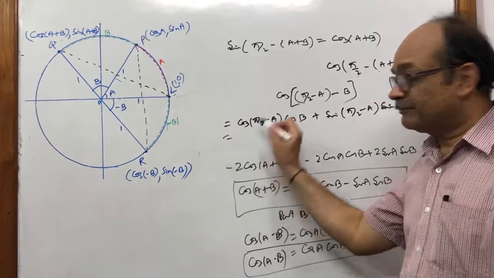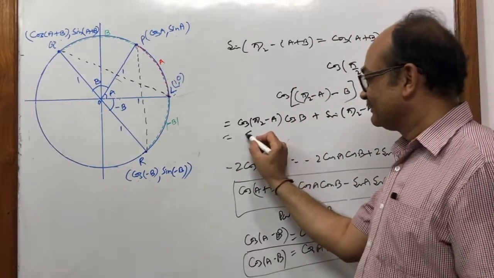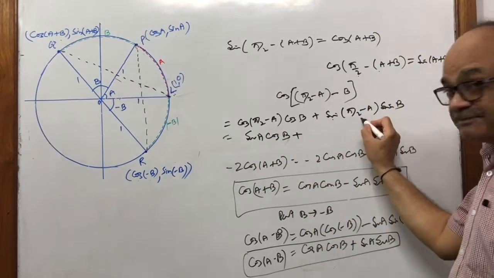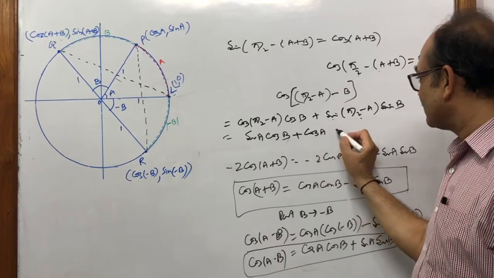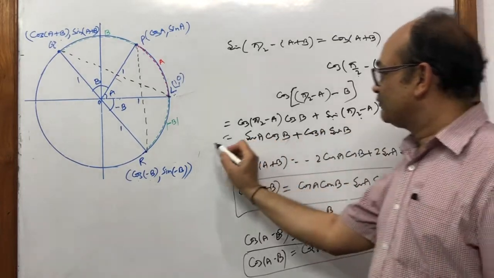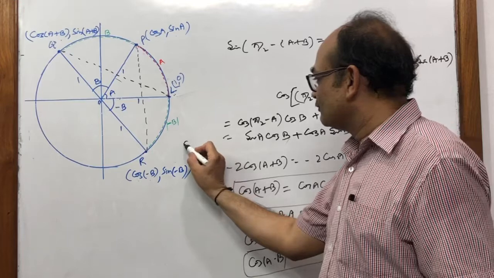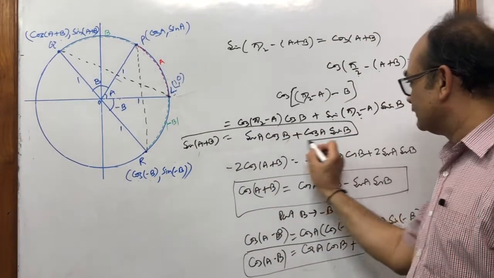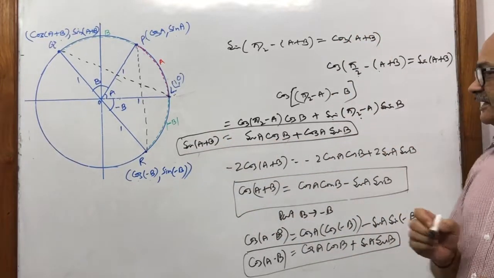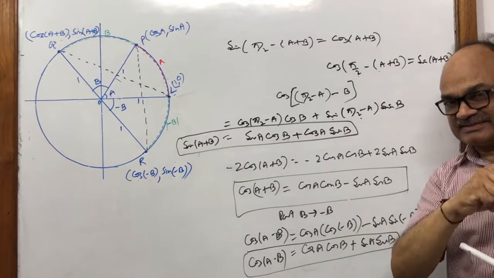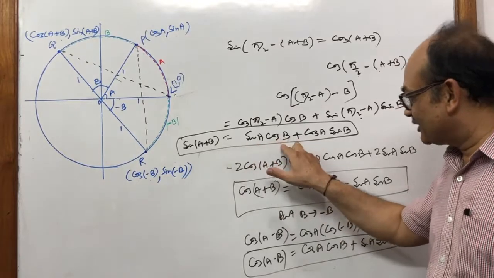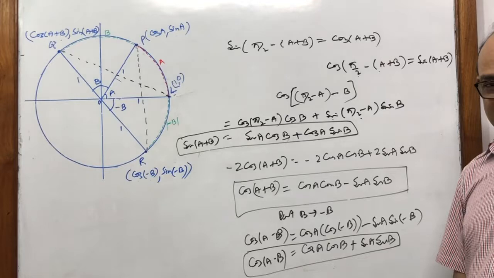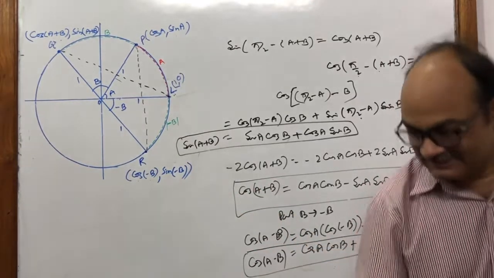Now what is cos 90 minus theta? Again, sin a cos b. Sin 90 minus theta is cos theta. So what we are getting, a good formula of sin A plus B is nothing but sin A cos B plus cos A sin B. What is the difference in this? One is sin, one is cos. In this there is plus, so plus in the middle; minus, so minus. So one more.